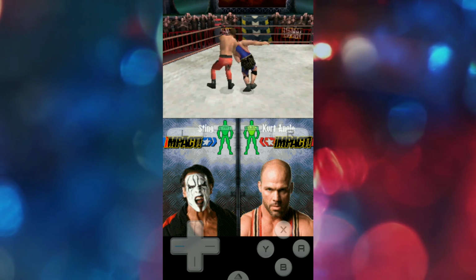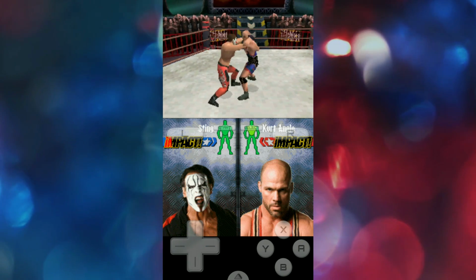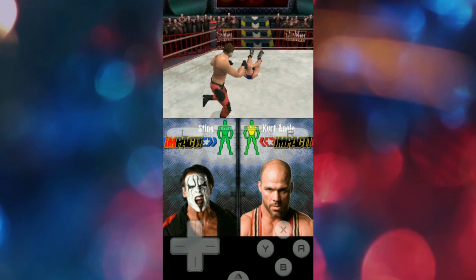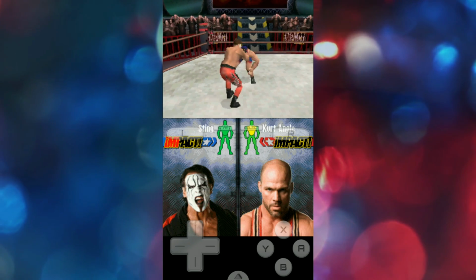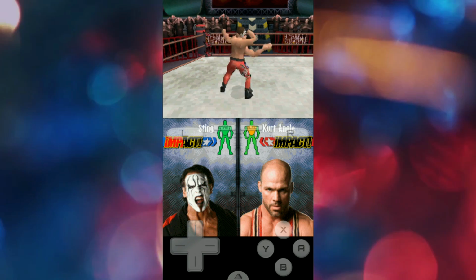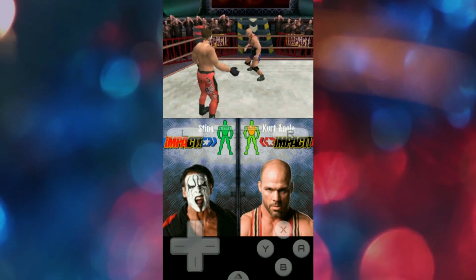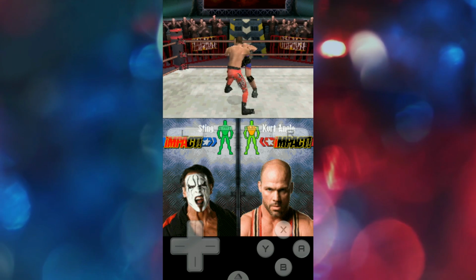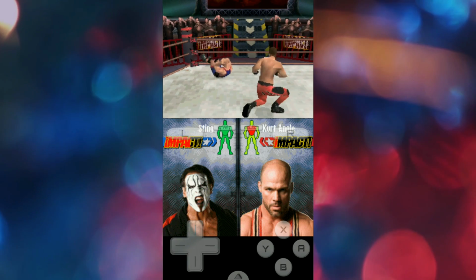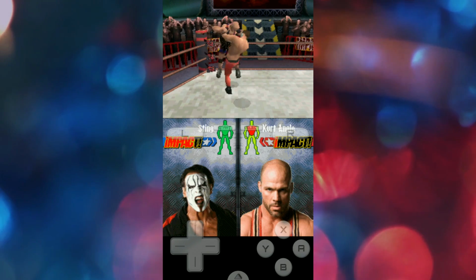As you can see, the graphics are pretty good and the game engine of this game is so awesome. As you can see, the style of kicking, moving, throwing and giving the opponent damage. As you can see here, its gaming engine is so awesome. Here is a submission hold. Its grappling style, its strikes, all things are pretty good and you will be addicted to this